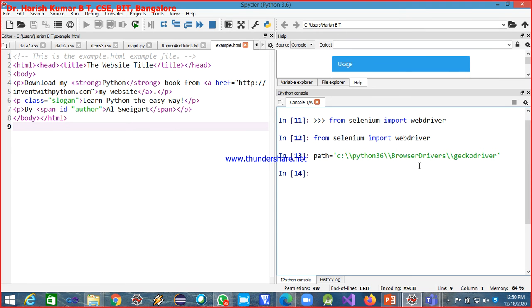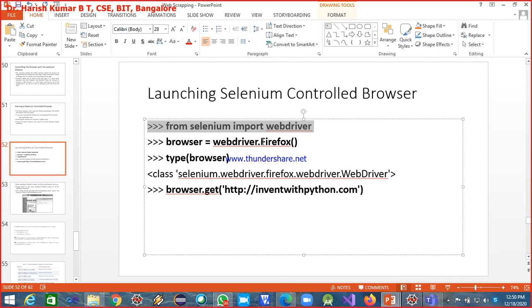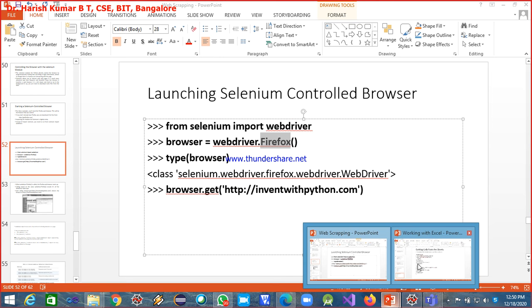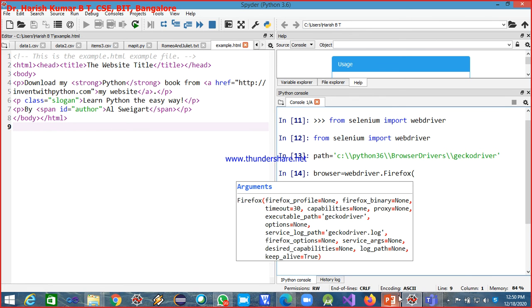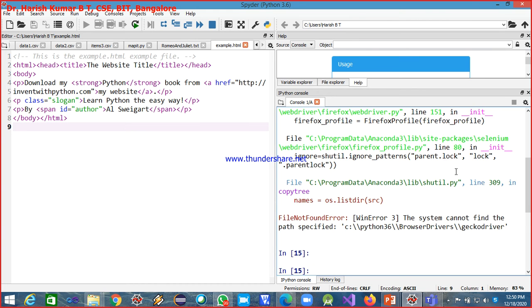Now I go for creating the browser object. Browser is equal to webdriver dot, so what is the name of the method? It is Firefox. If you are trying to invoke Firefox, you call Firefox; if you are trying to call Chrome, you have to pass Chrome. So now I say Firefox, and then I pass the path as the argument. This is the executable path, where the driver is stored. Now if I press enter,